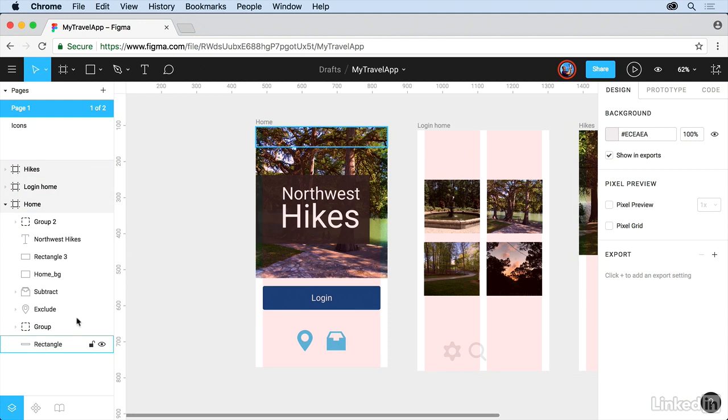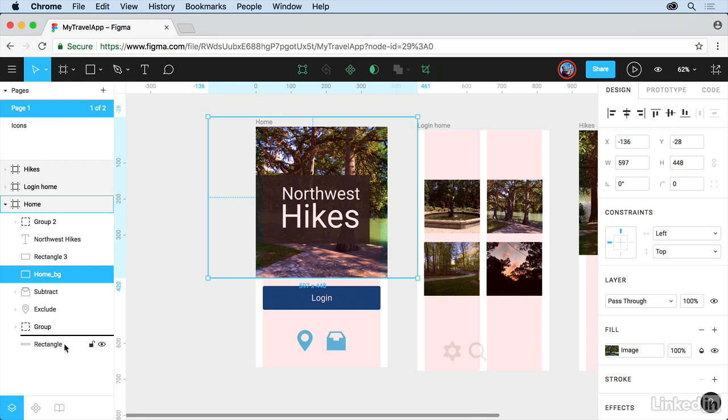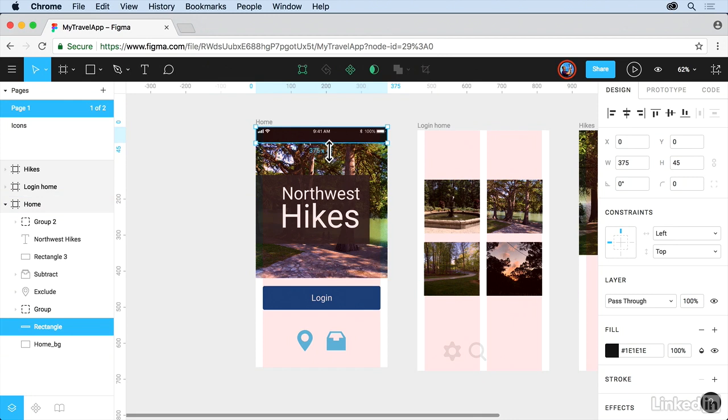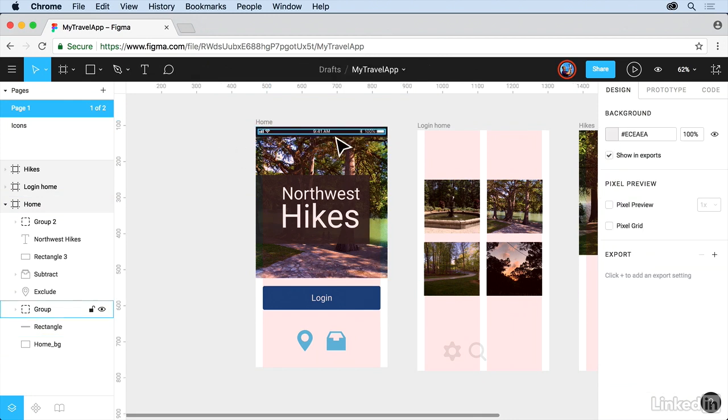Now, what I want to do is take this image right here, and if you hover over it out there, you'll see it's actually going to highlight it in the layer stack. I want to take that and put it behind all the content. So you can drag that up or down to move it around, which is kind of cool. And that way we've got our content at the top up here. Let's make this rectangle a little bit shorter, actually, just so it looks a little better. Now we're going to take that and turn that into a component so we can reuse it later.